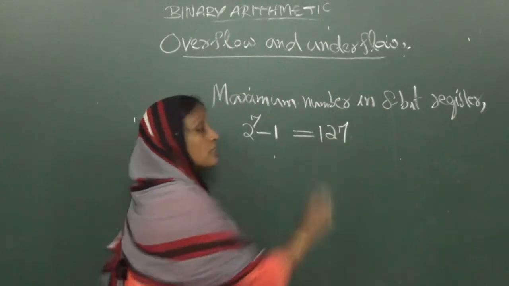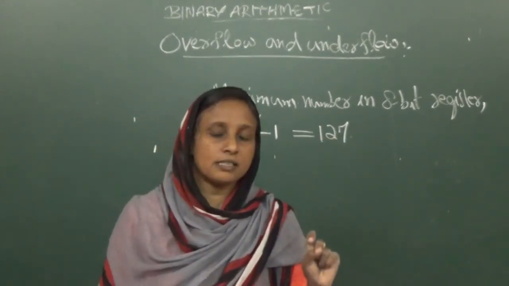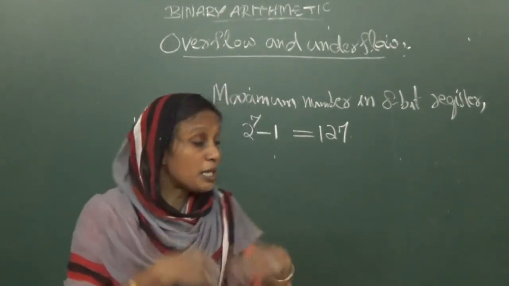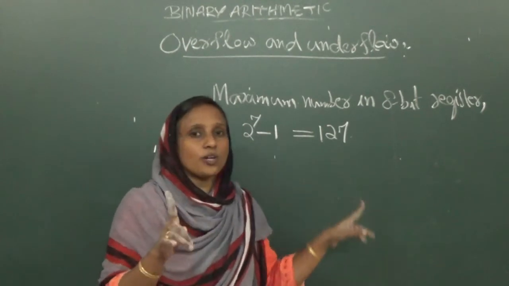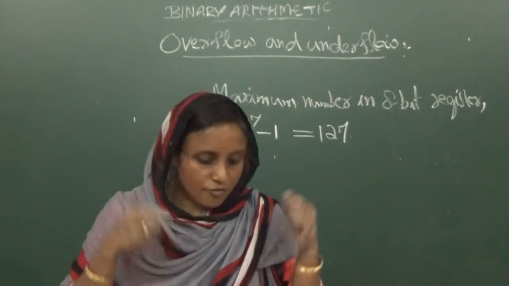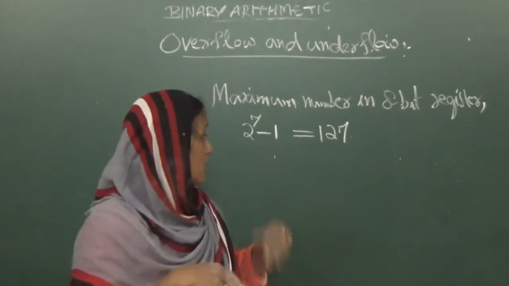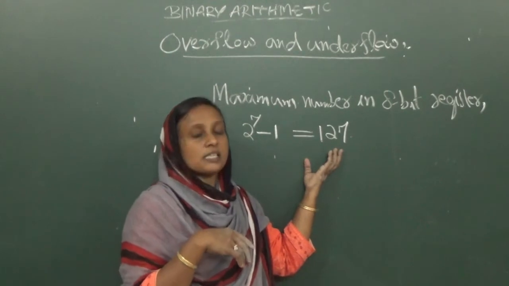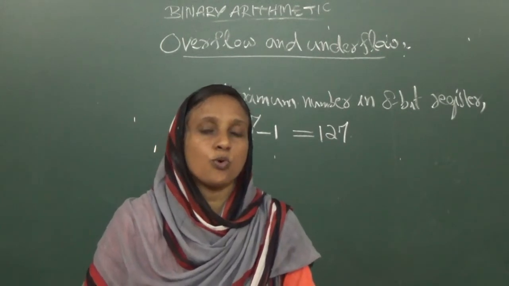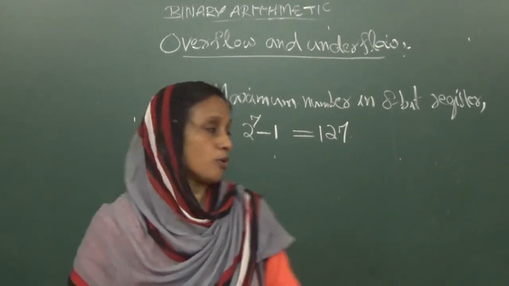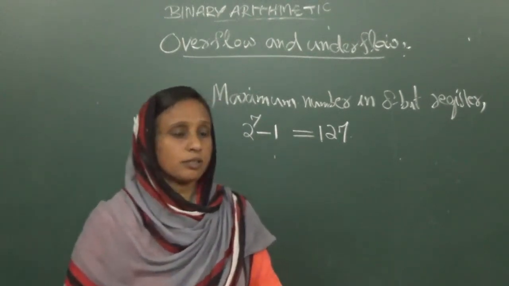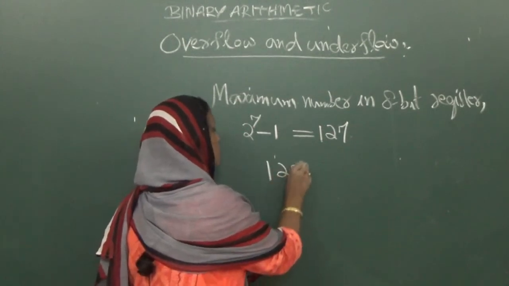In our previous class, we learned about this. That means if we add two numbers and the sum is within this 127, then only our registers can handle those numbers properly. If this addition goes outside this range, then we say that there is an overflow or underflow, depending on the situation. For example, suppose we want to add 127 plus 2